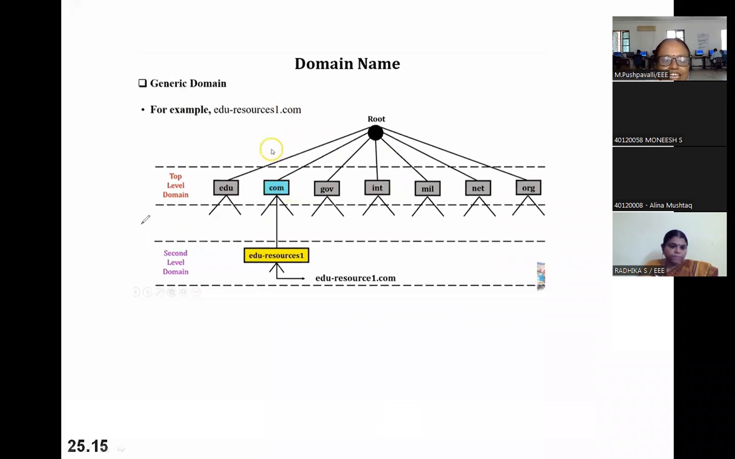Now look at the generic domain. These are called top level domains. EDU, COM, GOV, INT, MIL, NET, ORG all come under the top level domain. For any website, such as www.google.com, www.gmail.com, yahoo.com, and for educational sites, .annauniv.edu, all come under that. So this is called the top level domain, and this is called the second level